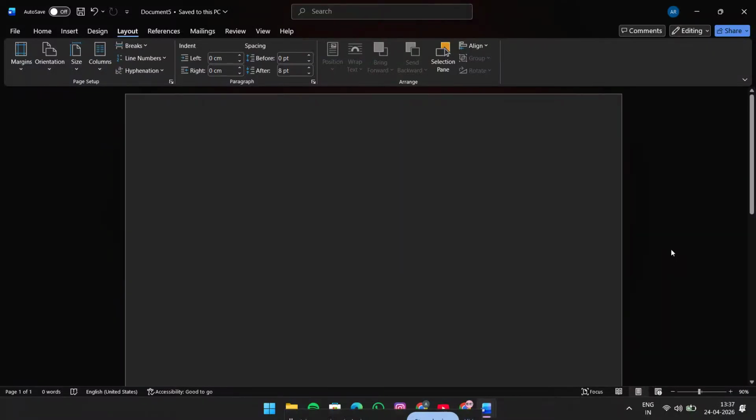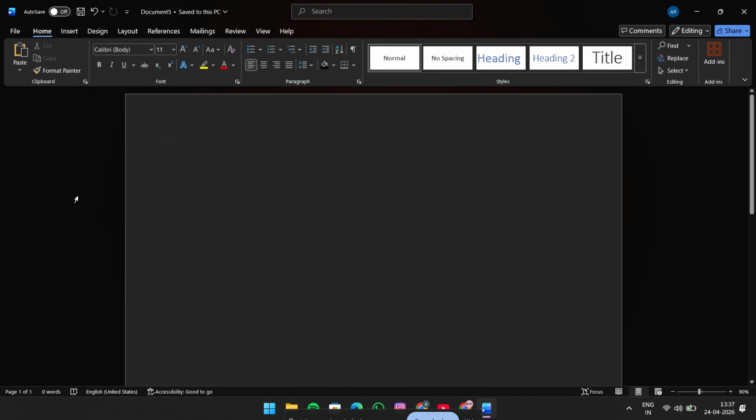If you need to change the page size in Microsoft Word, you're in the right place. In this quick tutorial, I'll show you exactly how to switch your document to a standard paper size like letter or A4, and I'll also show you how to set a custom page size if you need something more specific. This is really useful for resumes, reports, school assignments, flyers, forms, or any document that needs to match a certain